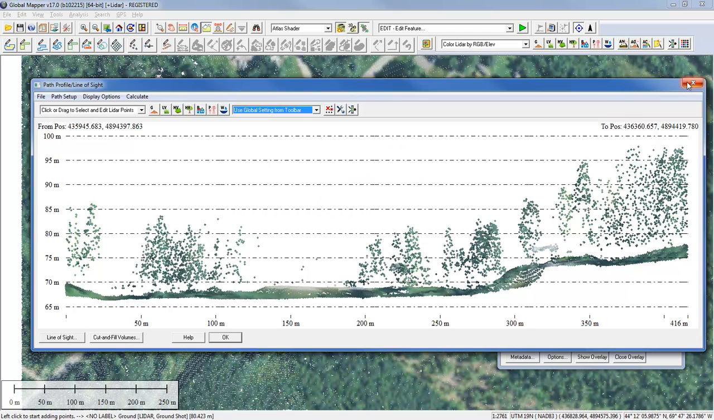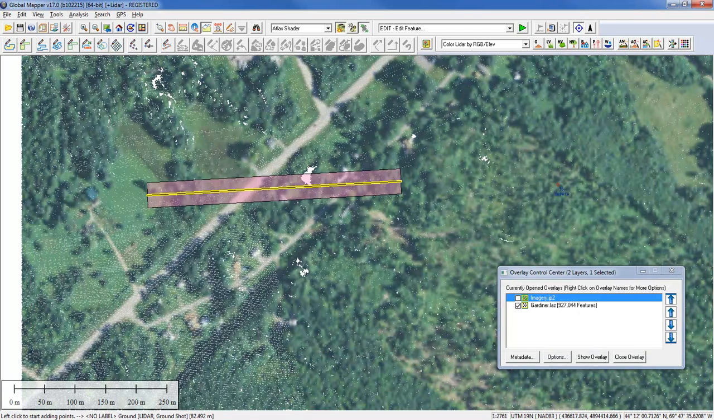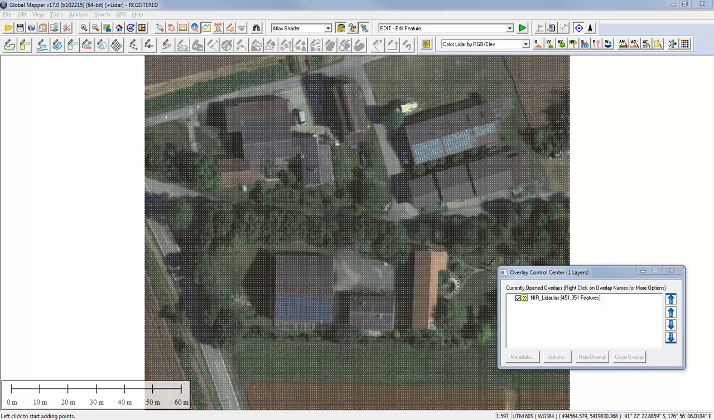There's one more function I want to show you by way of introducing the toolbar, and that's something that was added fairly recently: support for NIR, near infrared data in a point cloud. So what you see on the screen now is another point cloud. Now, this is a little bit of a different point cloud in terms of how it was collected. This is actually